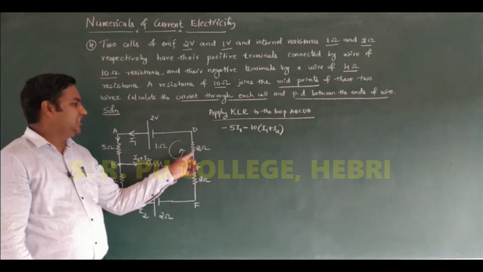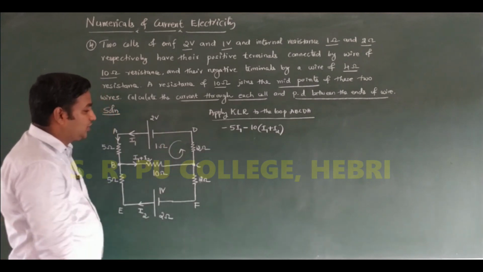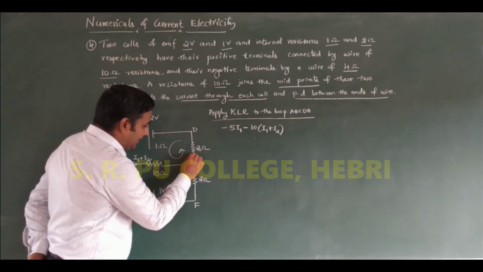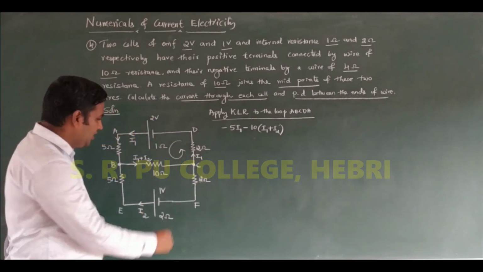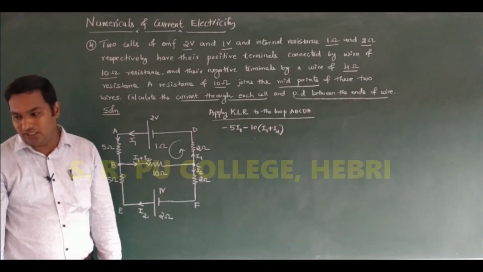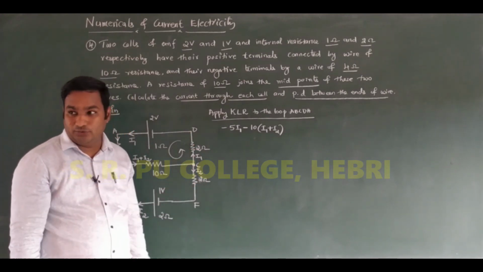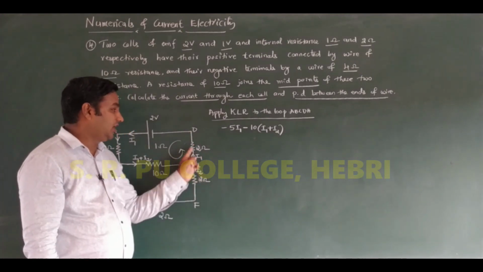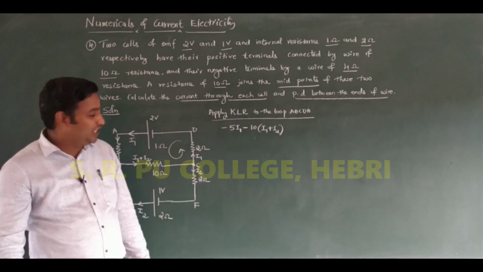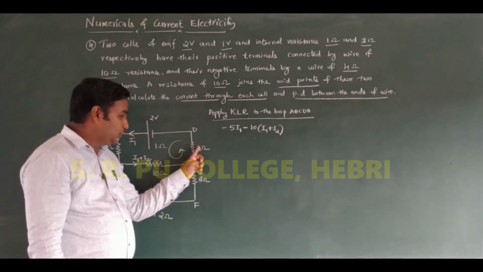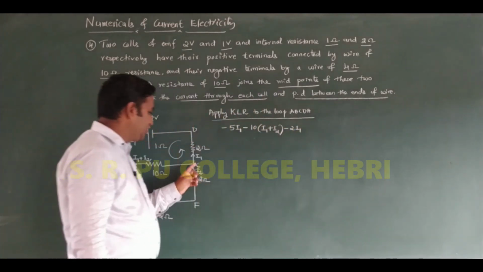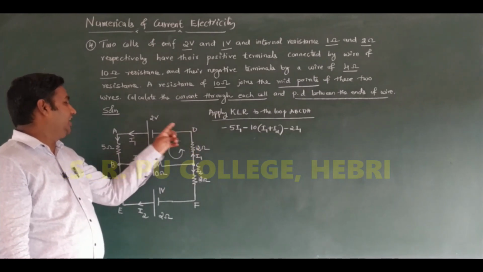Next, moving from C to D. What is the current flow from C to D? The I1 current is flowing like this, here the I1 current is flowing, and in this line the I2 current is flowing. Again it is divided equally. From C to D, along my path, the I1 current is flowing. I'm moving from C to D, and the direction of current is also along my path, so you have to take negative. It becomes 2 into I1, so you have to take minus 2 into I1.